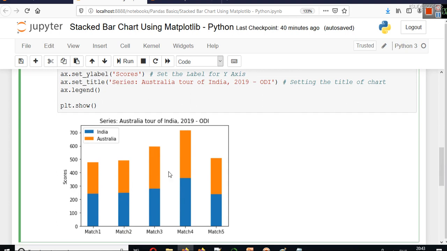This is the meaning of a stacked bar chart, and this is how we can visualize with the length of these bars which particular team performed better. With the length and color, we can analyze which team's case has the long bars.